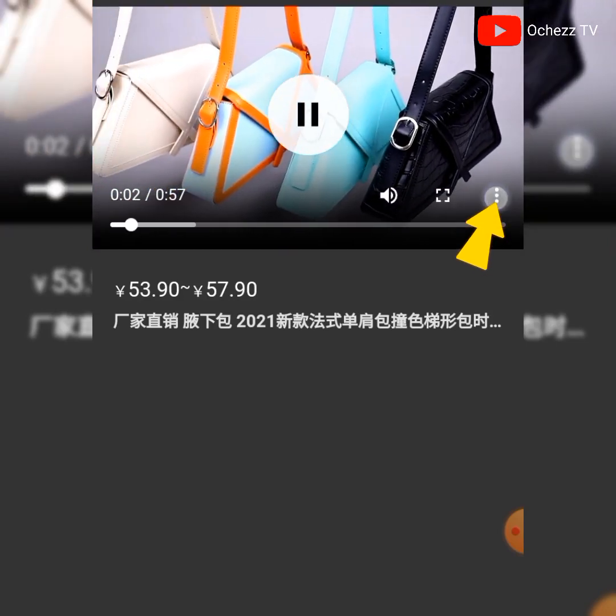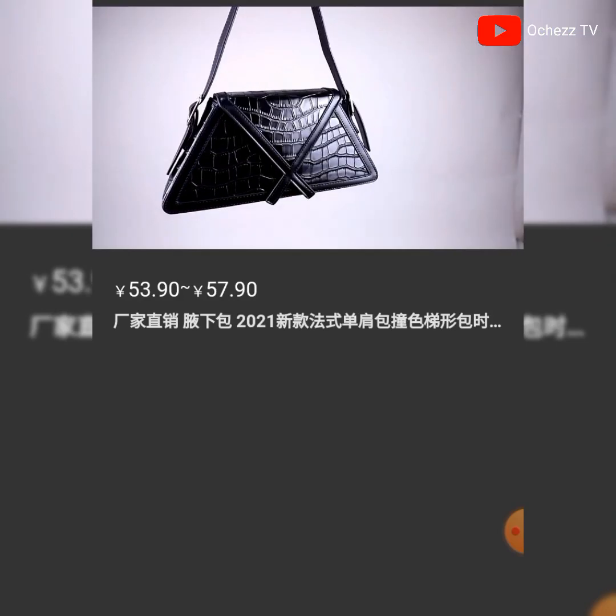Then you click on these three dots on your right hand side, then click to download, then it will download